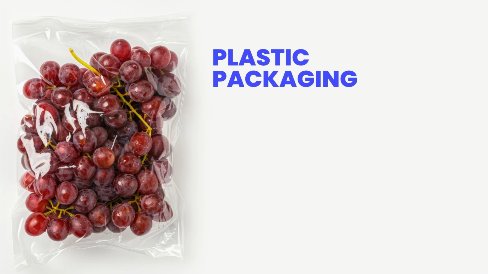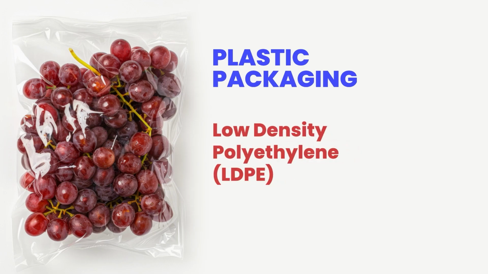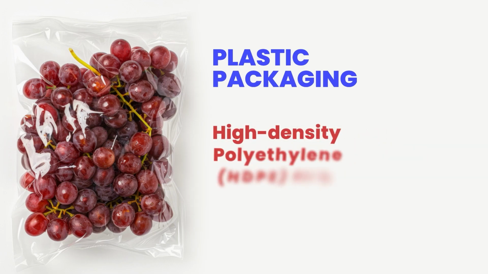Then a very important flexible packaging material is plastic. In the last few years we have seen so many different plastics in use for so many different products, even for food. There are different types of plastics. First I'll take the polyethylene group. Many different types of polyethylene are available in the market depending on density. It can be low density, medium density or high density polyethylene.